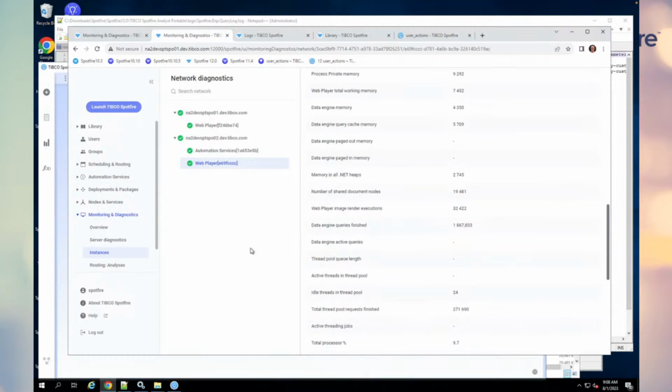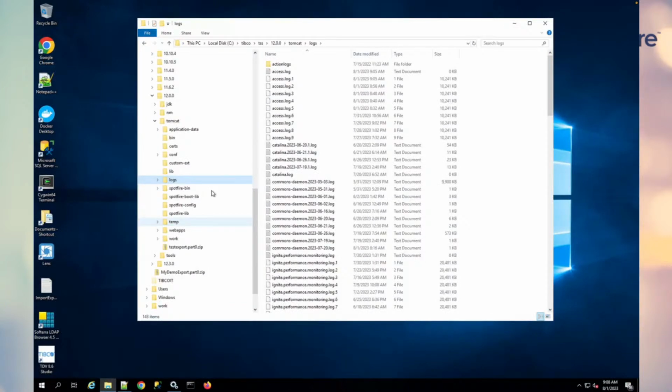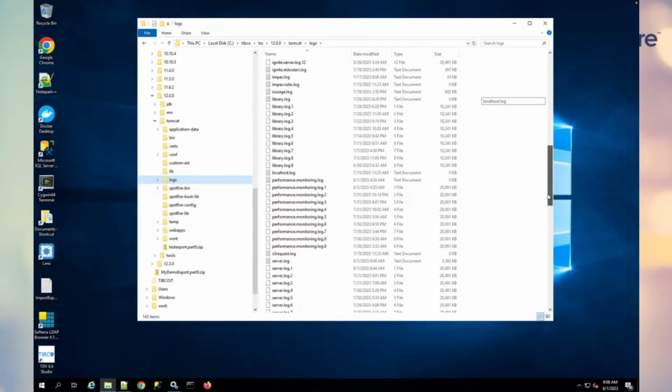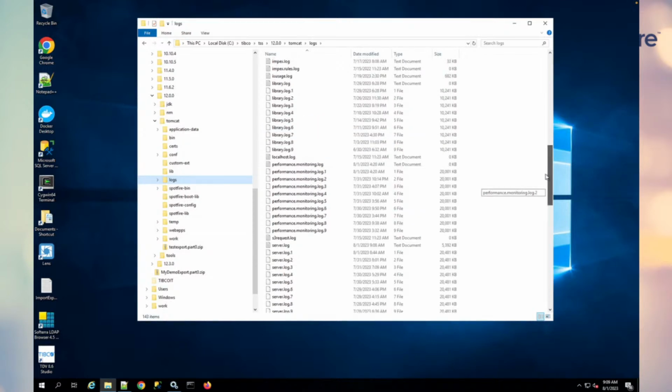So, a couple other things. If you do have access to the backend, to the servers themselves, so this is a Spotfire server machine, version 12.0, you can see the bunch of log files. This is the log directory we looked at for Spotfire server, and down here is the server.log file. Some of the other log files in here that you may look at at times is the performance monitoring log, and this log is only available if the Spotfire server is set to debug logging, and this gives performance metrics. So again, it's performance counters, memory, CPU, and other sessions, things like that.